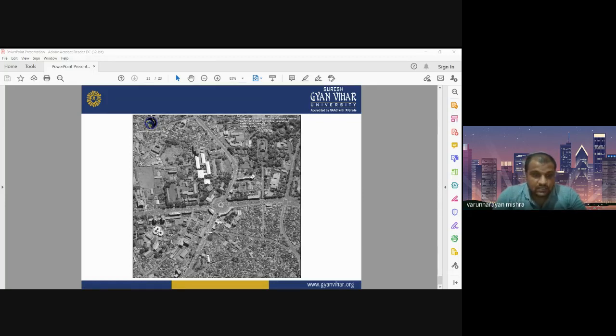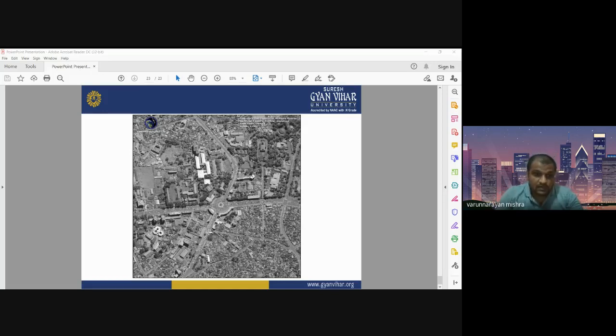Okay. So this is all about the application of high resolution satellite imaging in urban planning and urban mapping. And one important thing I would also like to mention: if you go for urban mapping using high resolution satellite images, in that case, first you need to check the study area.